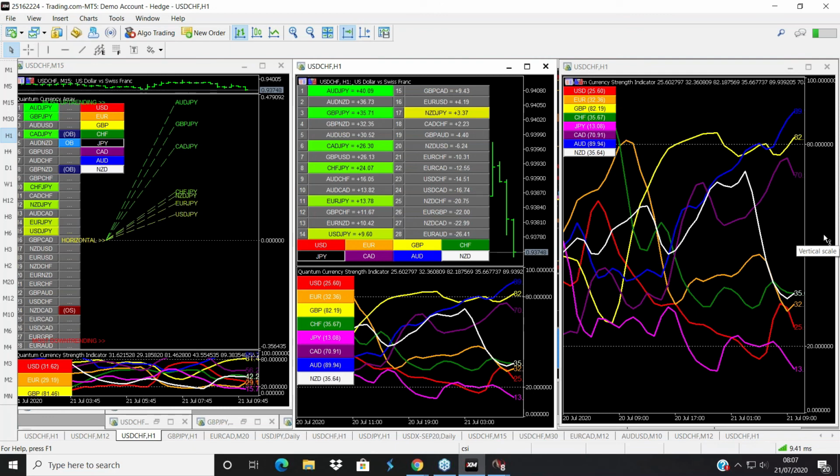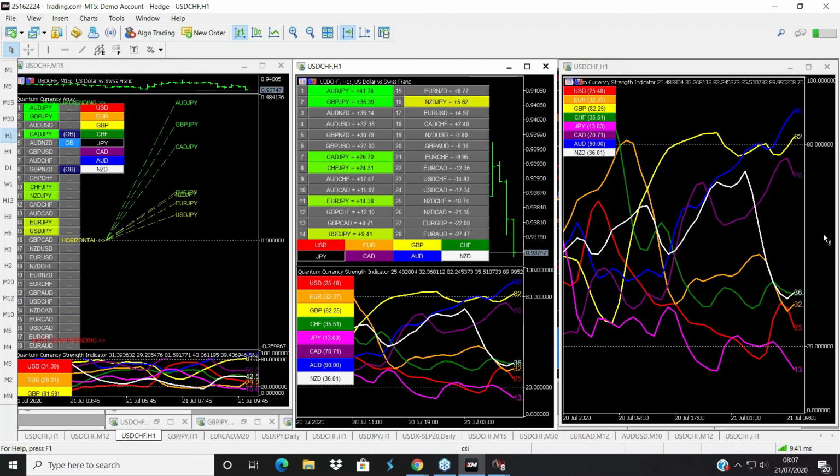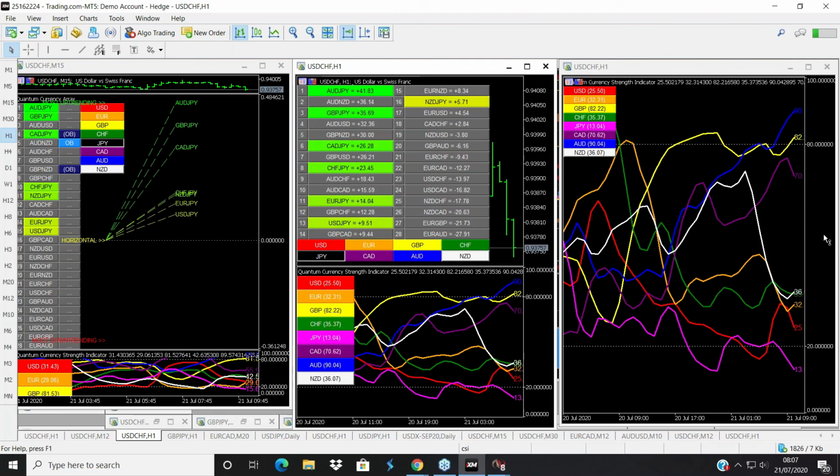So these indicators give you so much information before you even have to look at a chart. You can also use it if you are a euro dollar trader, for example. It tells you when the lines are moving in the same direction. It gives you a heads up of the type of price action that you can possibly expect on the pair that you are trading. I'm very much focused on the British pound at the moment.